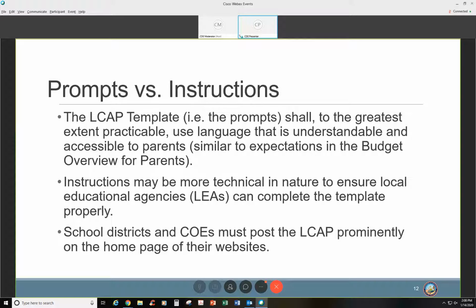With that, the instructions will be more technical in nature, because that's what would guide the LEAs both for development of this LCAP and then also the reviewing and approving authorities, county offices of education and the California Department of Education, to approve the LCAP. And then just as a reminder, school districts and county offices must prominently post the LCAP on the homepage of its website.